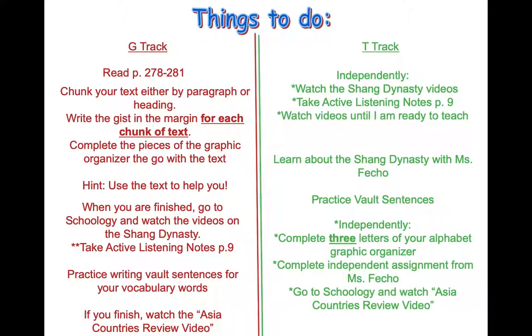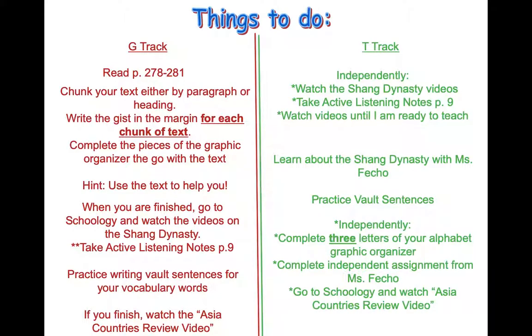study for the test. But when you're ready to do your graphic organizer, which is always homework, so if you didn't finish it in class, you always have to go home and finish it for the next class. So you always have 2 nights to get it finished. You want to make sure you're using the text. If you were absent from class, of course, you want to make sure you get that and do the work before you come to class, as I'll be going over the answers the next